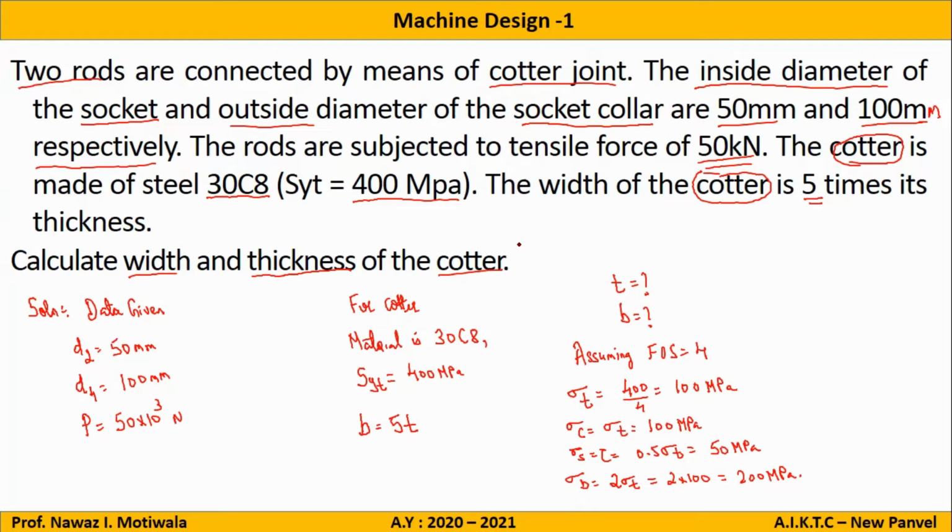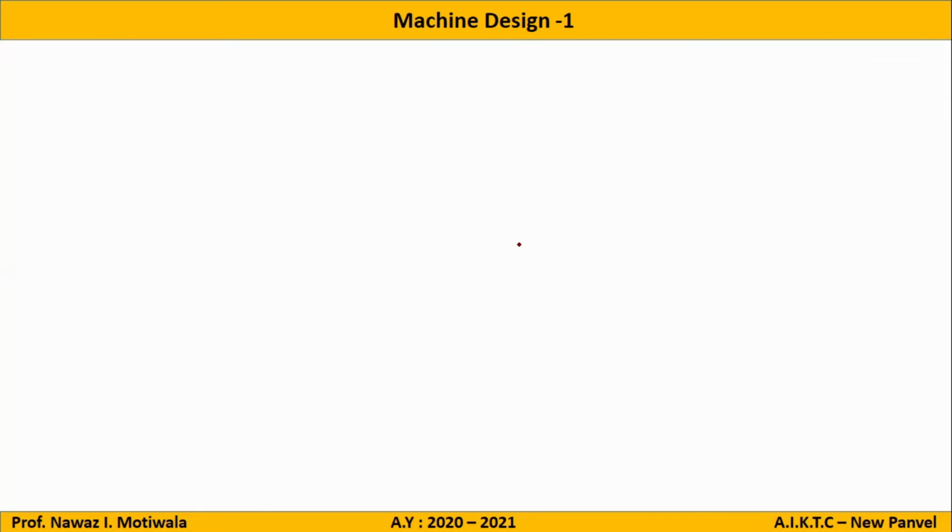That means we have to consider only one part of the socket and pivot joint, that is quarter. That's it, nothing else. So I will start with quarter. And for quarter, what is the first stress which we take, or what is the first failure which we take into account? Shearing and bending. Yes, very good. For quarter, we have only two parts, that is shearing and bending.